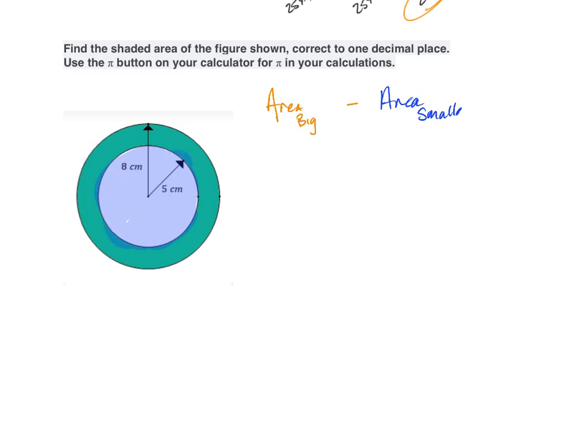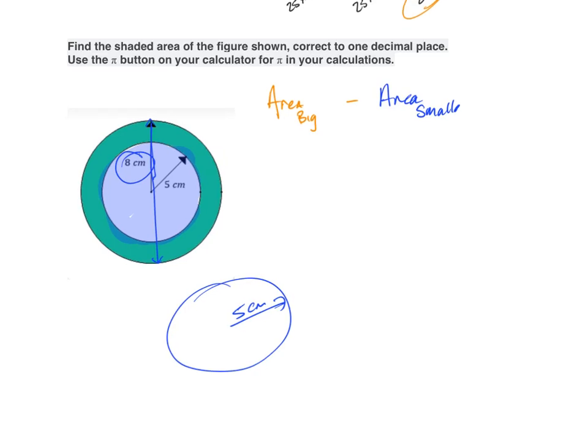So if I were looking at that, I'd say, well, the inner circle has a radius of 5 centimeters. The big circle has a radius of 8 centimeters. Okay, that's from here to here. That whole thing has a diameter of 16 centimeters. Okay, so now I'm just going to do that, and I remember the area formula is pi times r